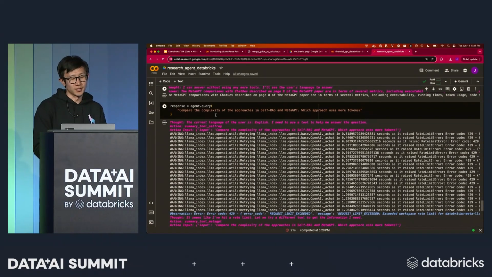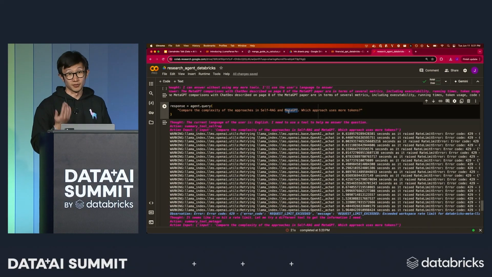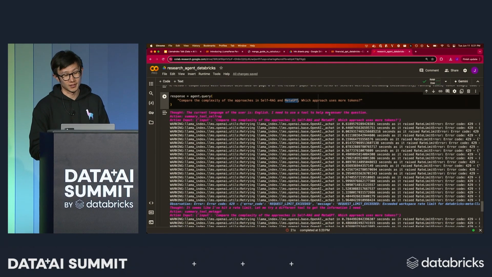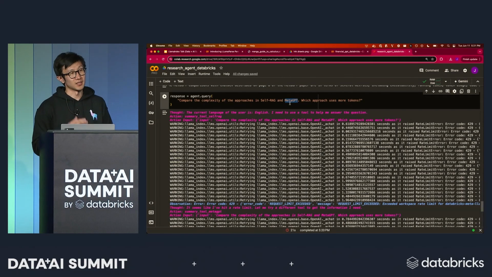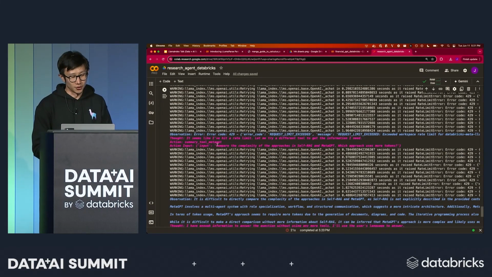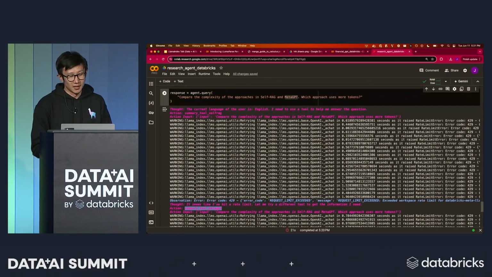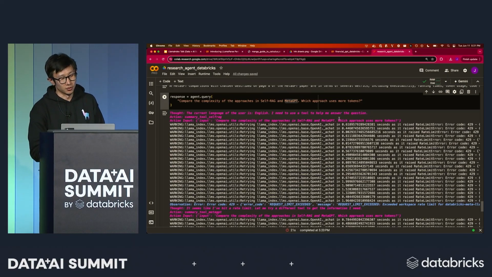The next example is: compare the complexity of the approaches in self-RAG and MetaGPT, the two different tools, and which approach uses more tokens. This is an example of a multi-part question where you take something very complex and break it down into smaller steps. To take in this question, we're going to first query the self-RAG tool, and then also the MetaGPT tool. With, honestly, a little bit more powerful of a model, it would actually break down this question into,